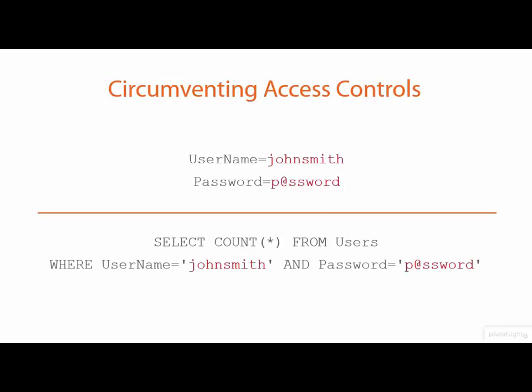Now there are a few things that I want to point out with this SQL statement. So number one is it's clearly just looking for an occurrence of a user with a username of John Smith and a password of password with an @ instead of an A. The reason it's doing a select count star here is it's just trying to find how many of these exist. And of course it should really only ever be 0 or 1. And really this statement is just going to return an integer. If the web application gets back a 1, it says yes, this person does exist, their credentials are correct,